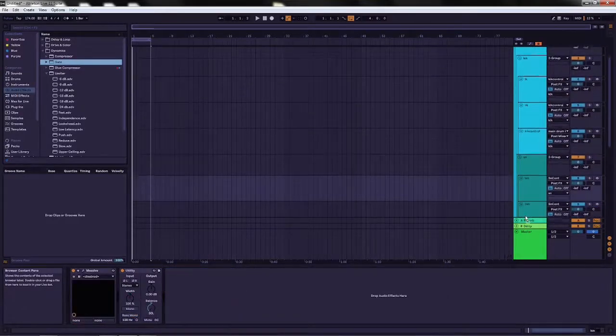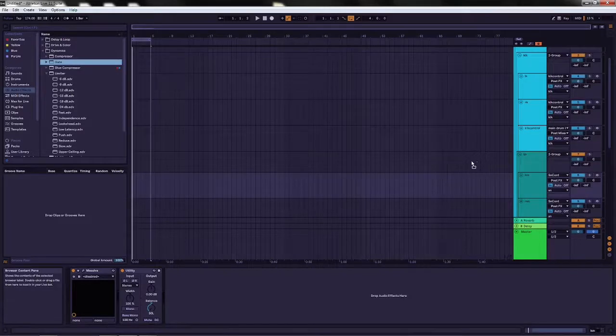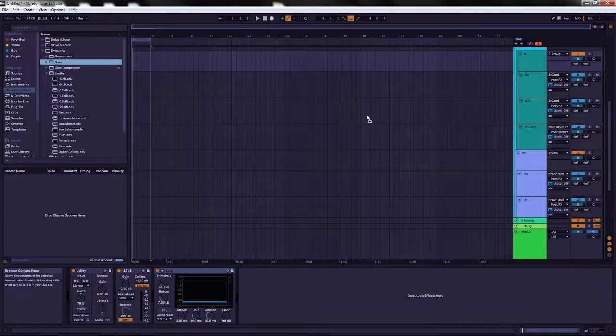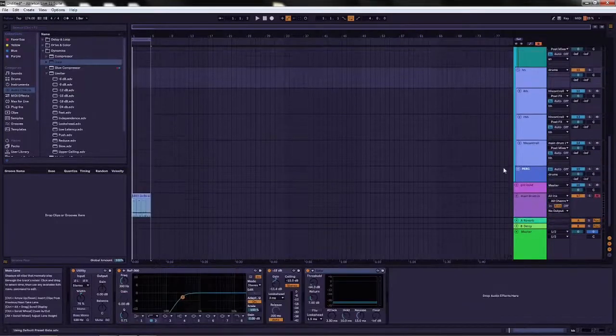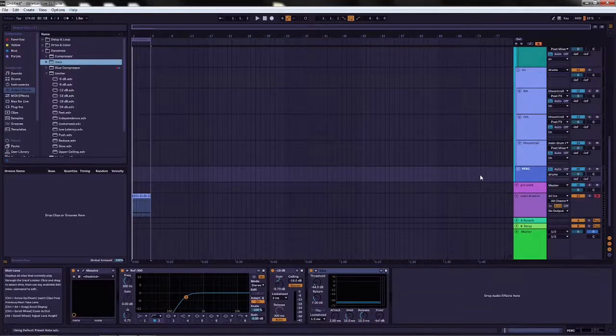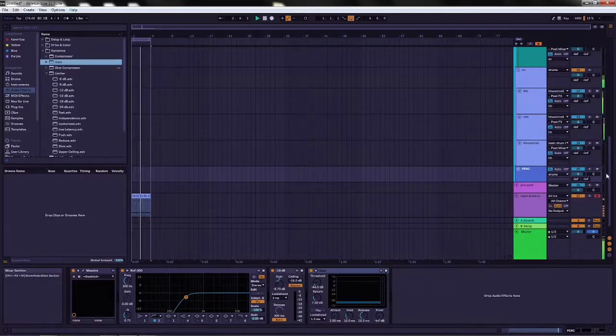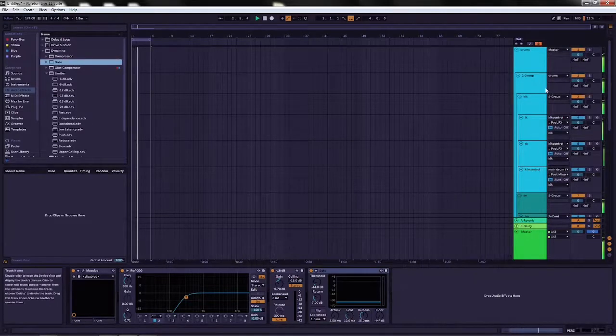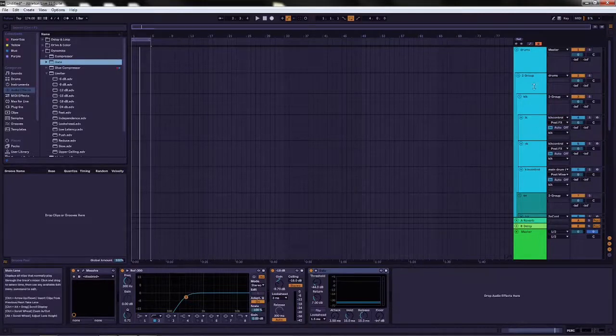So, where it says snare, I'm going to be gating. Where it says hi-hat, I'm going to be gating. And my percussions, I'm going to be gating. Okay, and notice my gates are all set. Minimum floor, it's not going to make a huge difference. So, there we go. And now that we're all gated,